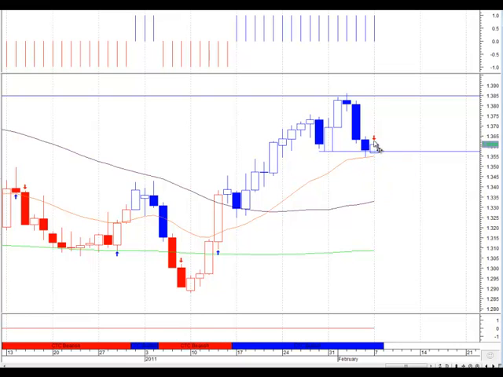Okay, as things stand now, we're seeing a bit of a pullback slightly. So if you want to see further extensions to the downside, it would obviously need to close lower than this candle, which would take it below the 20 period moving average, as well as the support area, this being a previous support. You can see it's now trading above it. So for further downside movement, obviously a trade lower than this candle here,